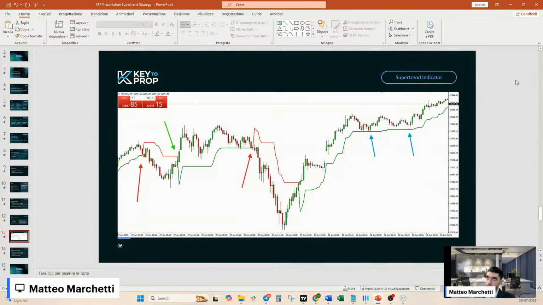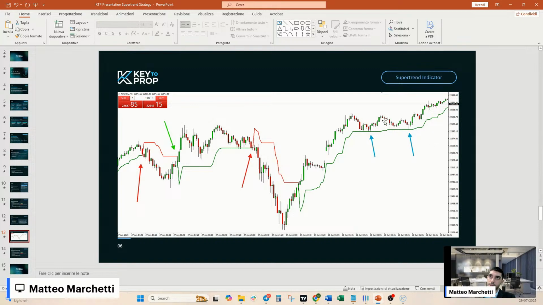So this is the last slide. Yes, last slide. I would like just to show you here the visual appearance of the indicator. So as you can see here, starting from the left hand side of the chart, the trend was an uptrend. The indicator was green. Then it turned red, and we have the first sell signal. Then it turns green, and we have the second buy signal. Then we have another sell signal here, and then in blue I've highlighted